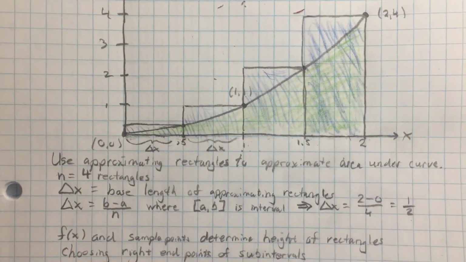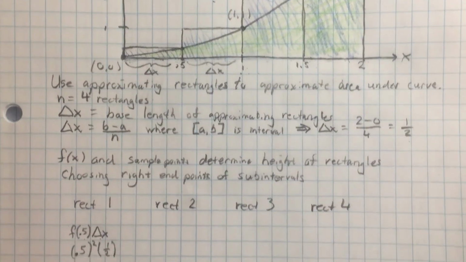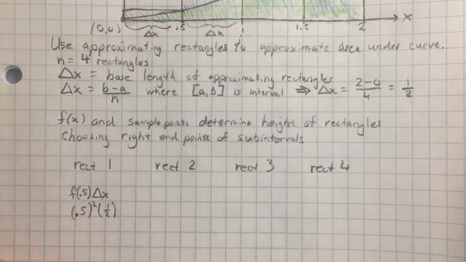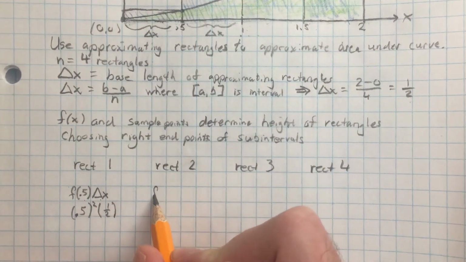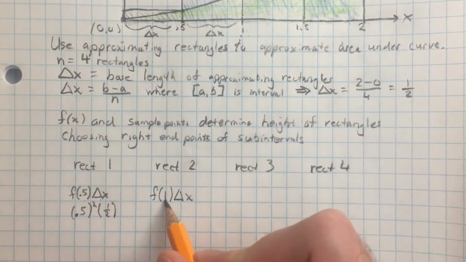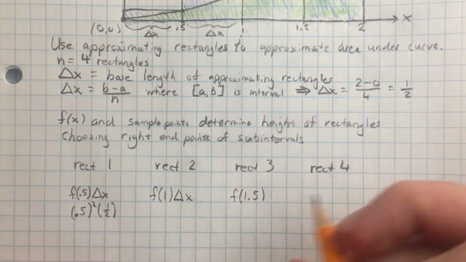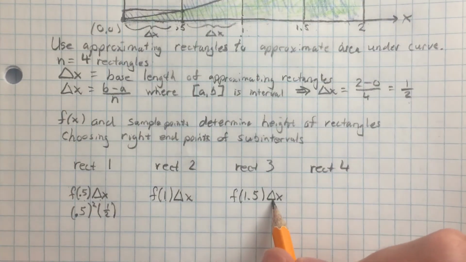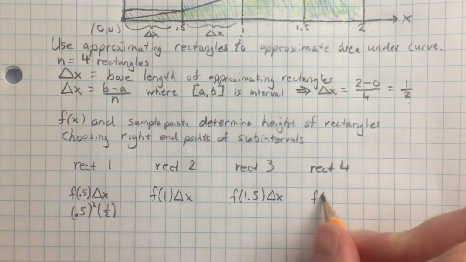All right, let's go down and write out the formulas and the calculations for the 4 rectangles. The picture is not that necessary for the calculations even, but it does help to visualize what you're doing when you first start doing these problems. So we know this is going to be f of 1 times delta x. That was the right endpoint of the second interval. And f of 1.5 was the right endpoint of the third interval. And delta x is the same. Again, these are all just base times height, height times base for each one. And then we know f of 2